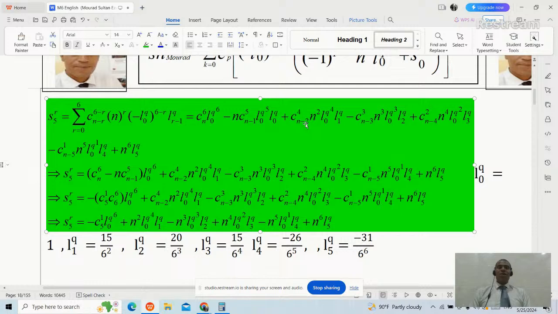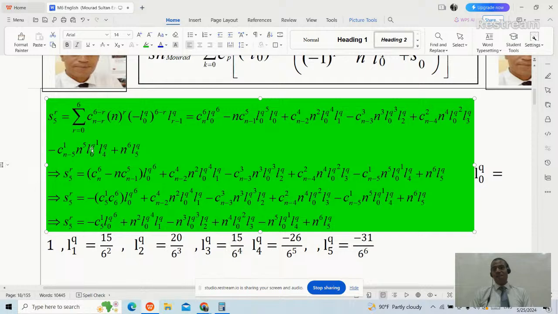Plus combination n minus 2 choose 4 times n squared, times L0 of q raised to the power 4 times L1 of q, minus combination n minus 3 choose 3, because R is 3, n minus 3, and 6 minus 3 is 3. Then n raised to the power R is 3, it will be n cubed, L0 of q to the power 3, plus combination n minus 4 choose 2, n raised to the power 4 times L0 of q raised to the power 2 times L3 of q, plus,